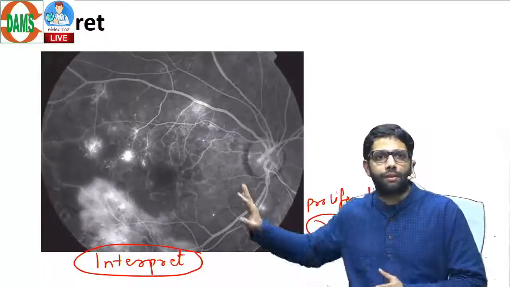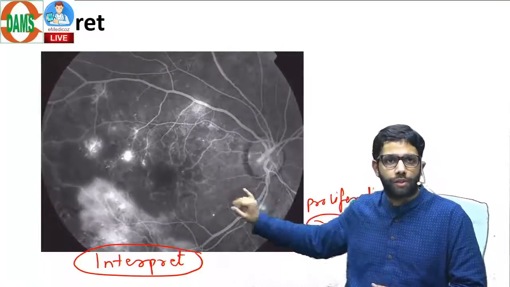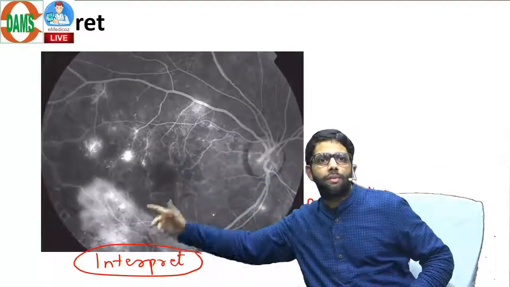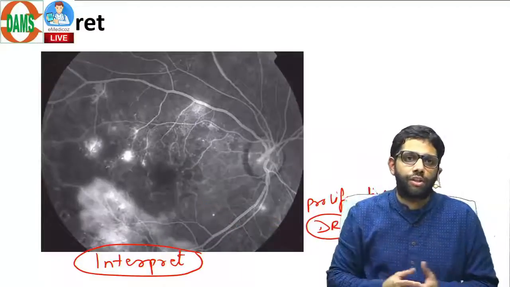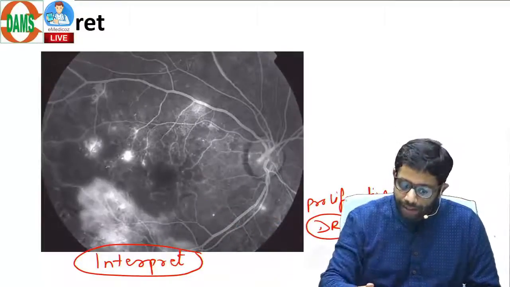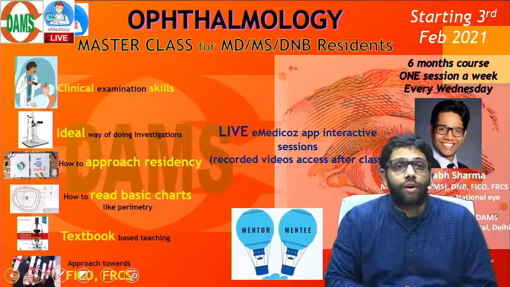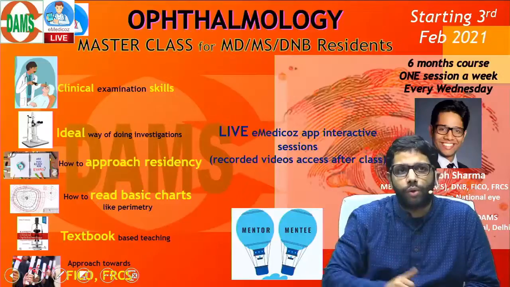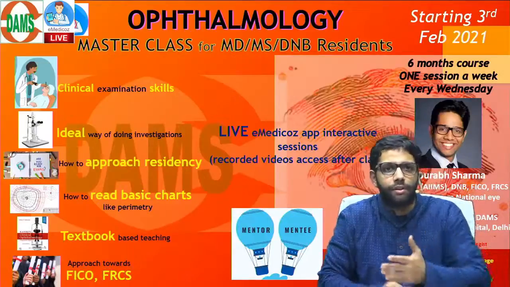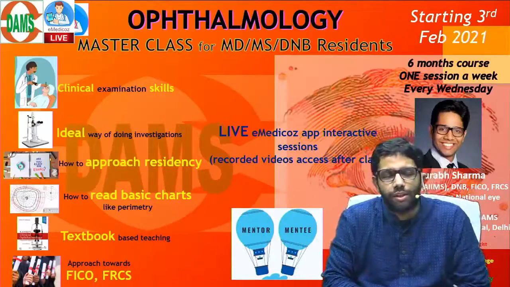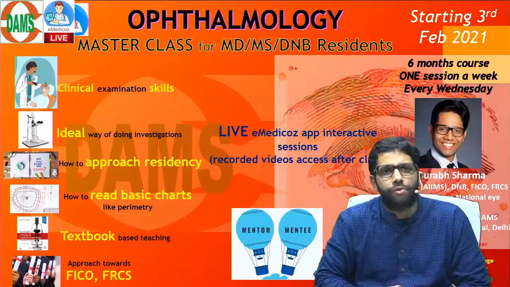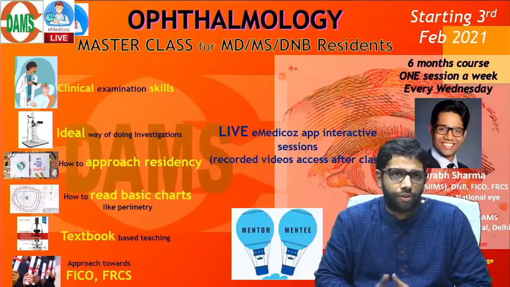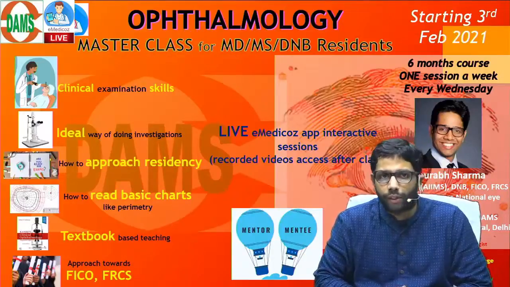If you go step by step: angiography or autofluorescence, which eye, right eye or left eye, hypofluorescence area, hyperfluorescence area, and your interpretation based on that. This is how we go in your live lectures. This was a recorded version just for demonstration. So in live we'll go a little bit slower. If you can make notes, you can make notes, and for those who are missing the live lectures, we have recorded versions for them to see later on.